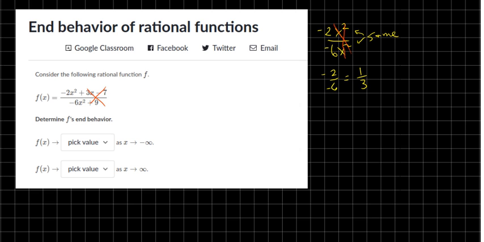So as x approaches negative infinity, we approach 1/3, and as x approaches positive infinity, we approach 1/3. We don't have to worry about whether it's positive or negative because we've canceled out the x's and have nothing left, just this limit of 1/3. All right, so that's how you find the end behavior of rational functions, and I hope you're